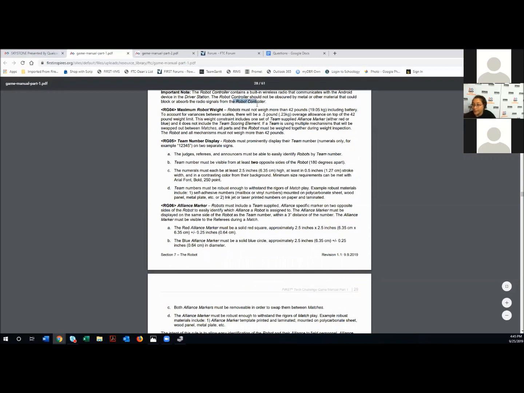Maximum robot weight. Robots may not weigh more than 42 pounds, including battery. To account for variances between scales, there will be a half-pound overage allowance on top of the 42-pound weight limit. This weight constraint includes one set of team-supplied alliance markers, which we're going to get to later, but your